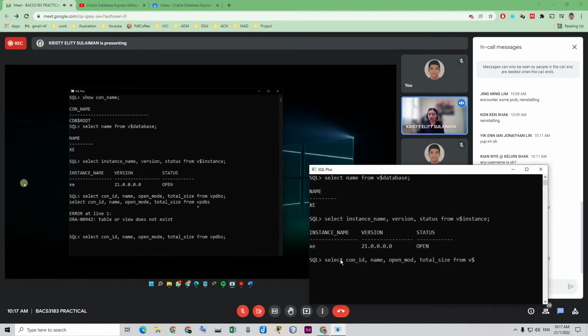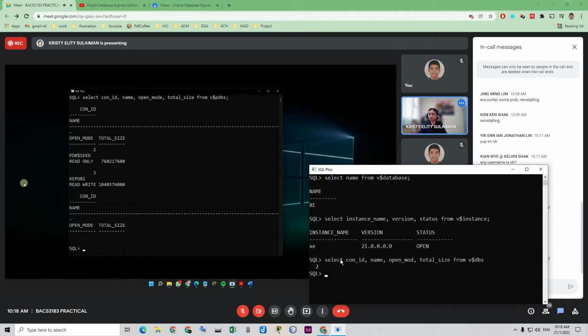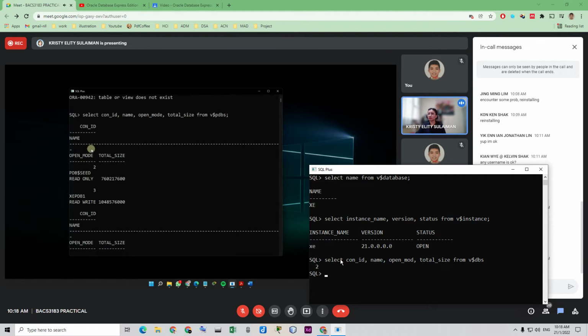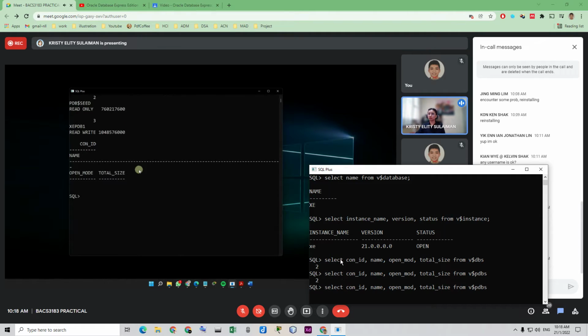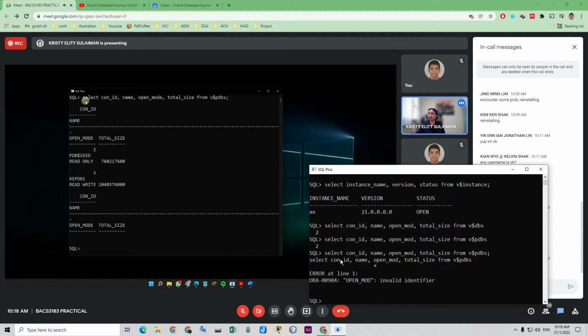Oh, forgot to put the dollar sign. So you should get this. Just to show you the con ID, the container ID, and also the name and so on. So this is how you query from the database. Just try it.